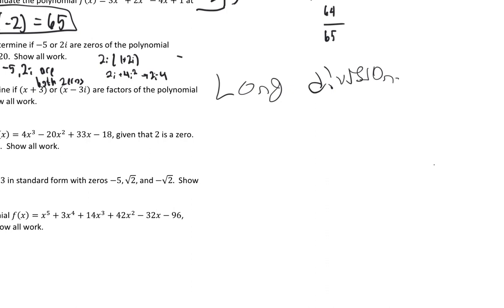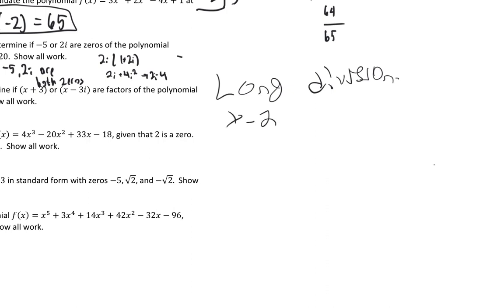We use synthetic division when we want to check divisibility. Basically, does this linear root or this linear factor divide into this polynomial? Because then you can just check by factor theorem, if the remainder is 0 or not, then it would divide. But if you have anything larger than a linear factor and you want to check if it divides or anything else, you're going to have to use long division. And in this case, we're going to get a quadratic as an answer. So we're going to divide